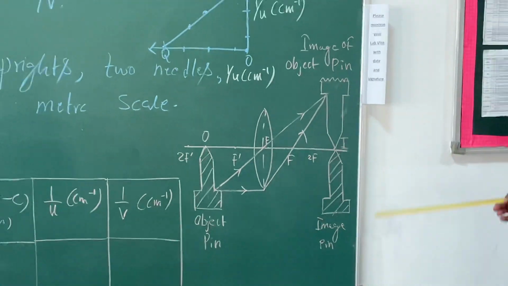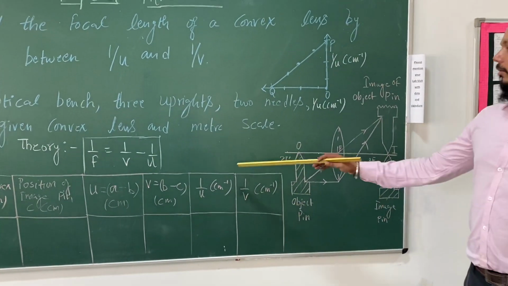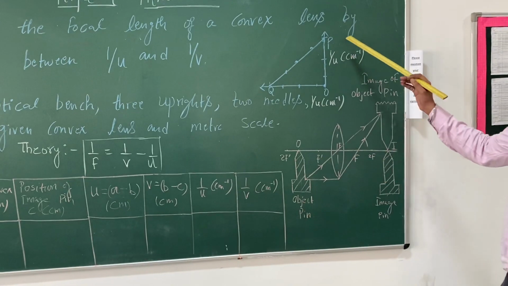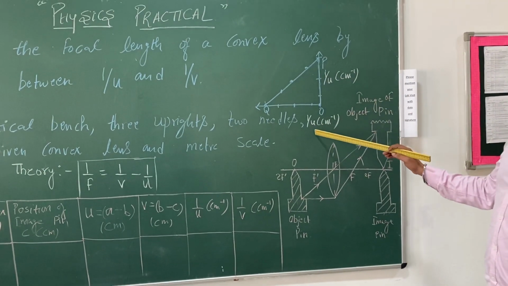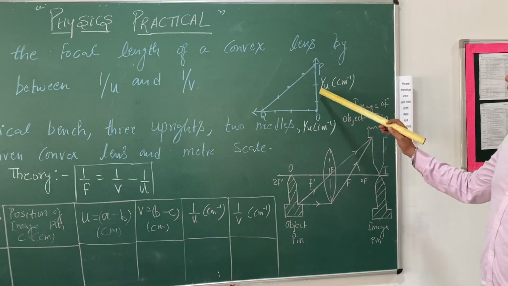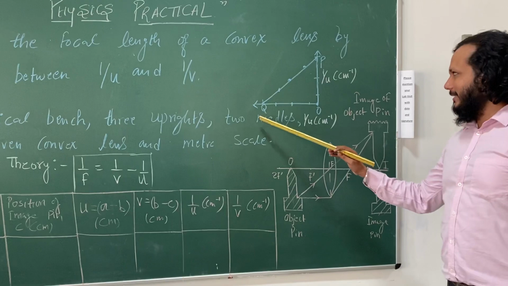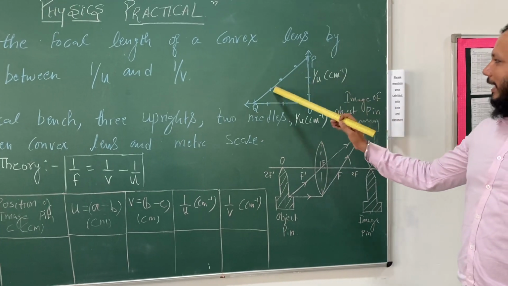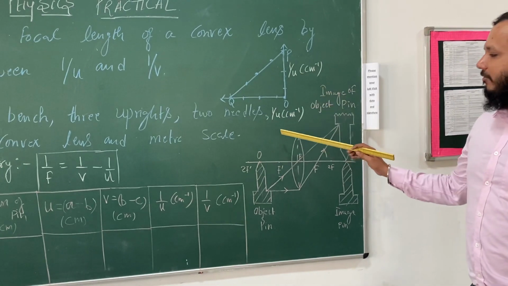Now if you have placed those values of 1 by u and 1 by v in this given observation table, you have to plot a graph between these two terms, which are your 1 by u and 1 by v. So we have to place the values of 1 by v on the y-axis and 1 by u on the x-axis, and you people will get a straight line graph, and on the basis of this graph we can find out the overall value of this given